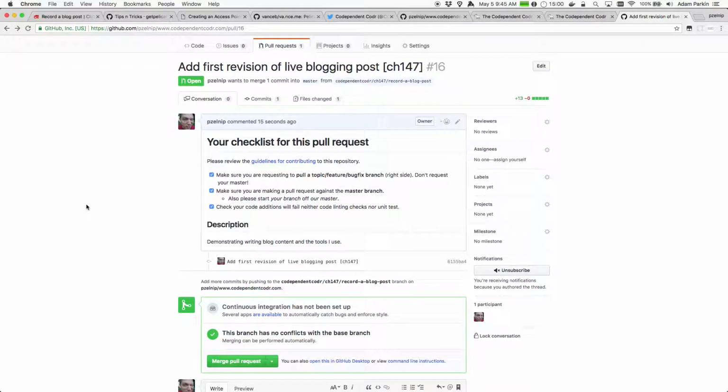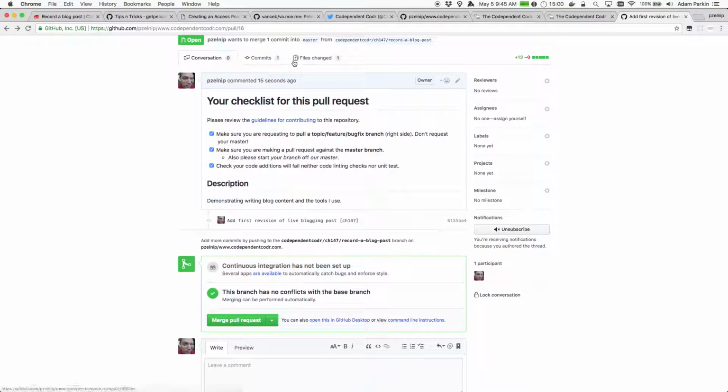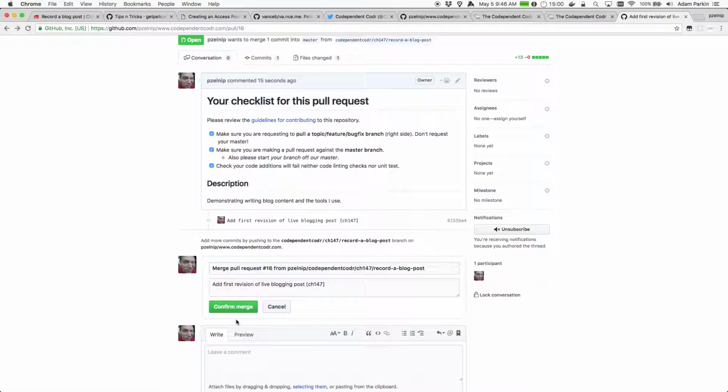There definitely have been times where I've forgotten to do that and just gone willy-nilly merge, and then things get deployed and I realize after the fact that, oh, I forgot to add that file to the commit, and then I have to do a subsequent pull request. If you look at the history of pull requests in this repo, you'll see examples of that. But anyways, in this case I looked at the commit, it looks good, I think it's fine, so I'll merge it,